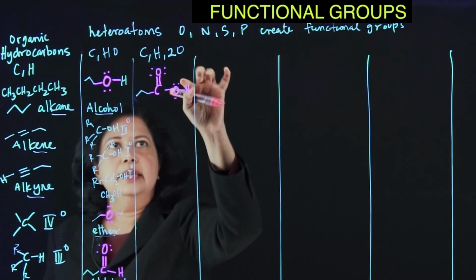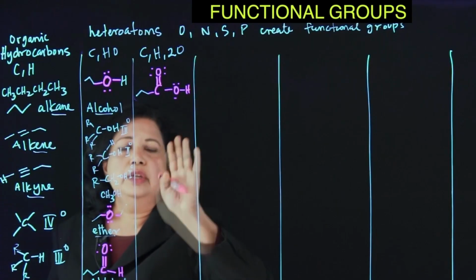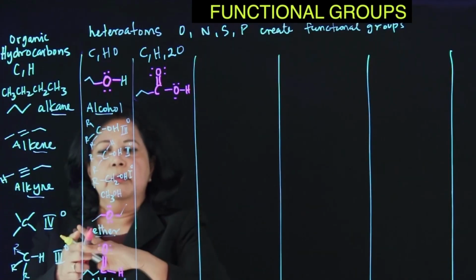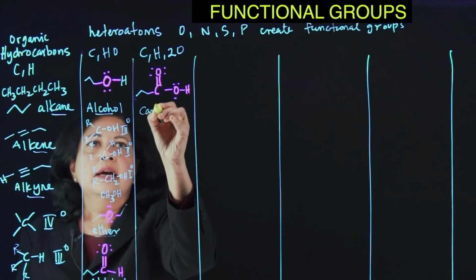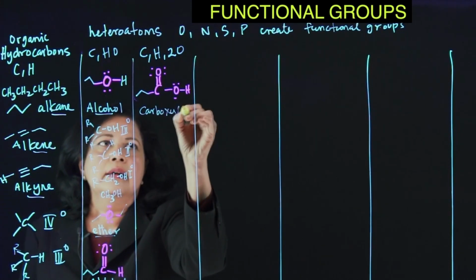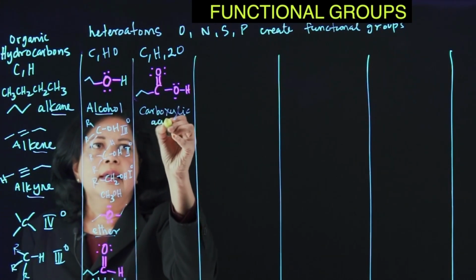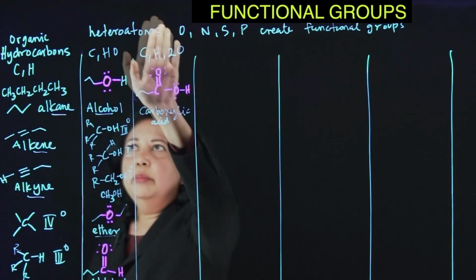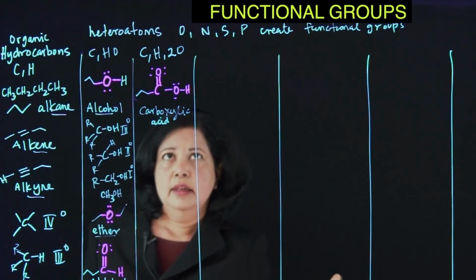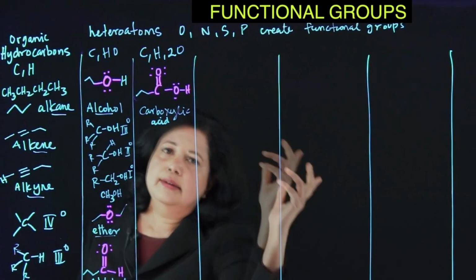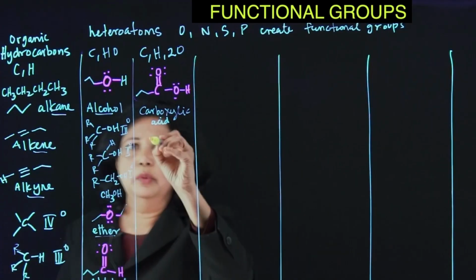This is a new functional group. These 2 are connected. They can run into each other. So this is a new functional group. That's called a carboxylic acid. Let's look at the possibility of putting this in the middle. Can we put this in the middle? You can always replace a hydrogen with an alkyl group for the most part.